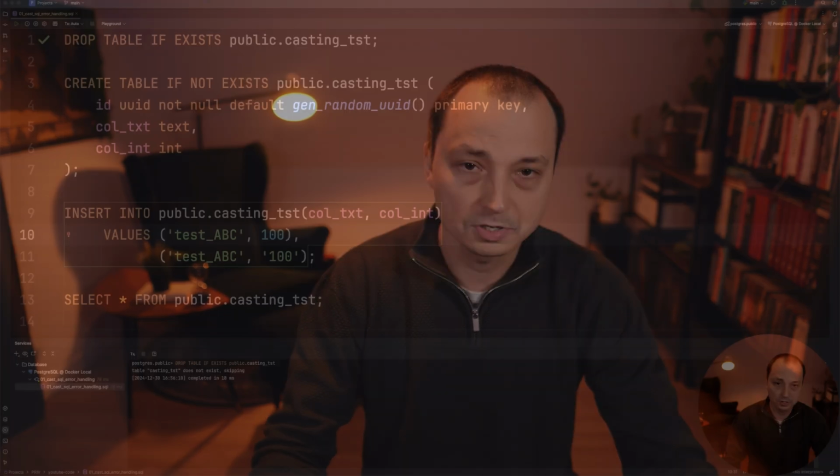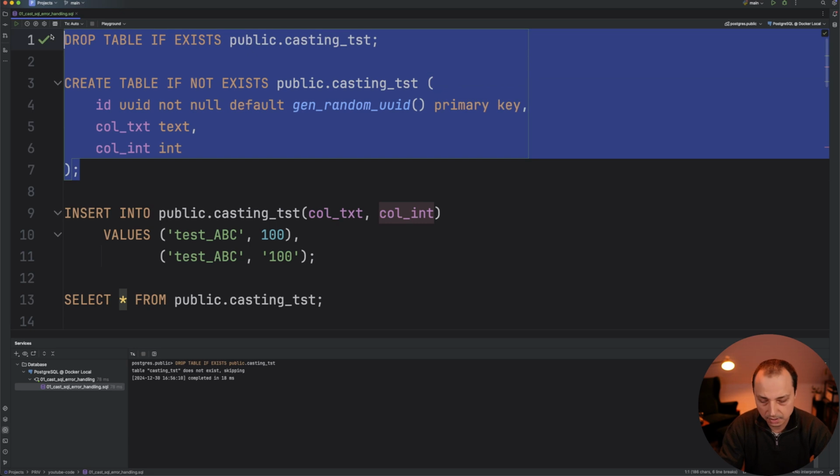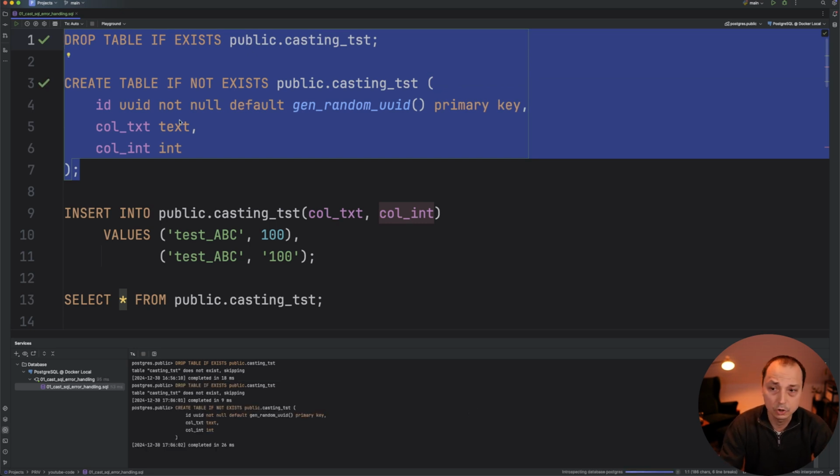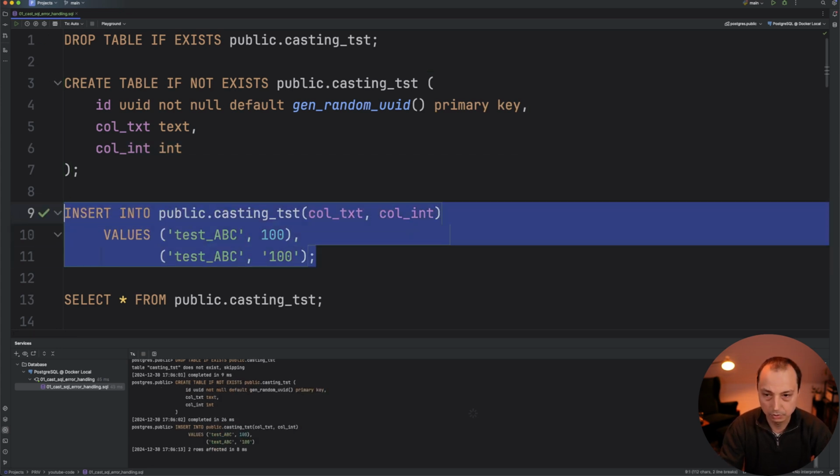I will be using Postgres, but the concept will still be the same. I will talk more about some other databases and how to solve it, but let me just try to show you the problem right now and some of these solutions. So here is a simple table, right? We have three columns here. One of them is just an ID that is of type UUID, and the second two columns are of type text and int, right? When we are going to add values into those columns, as you can see, the query